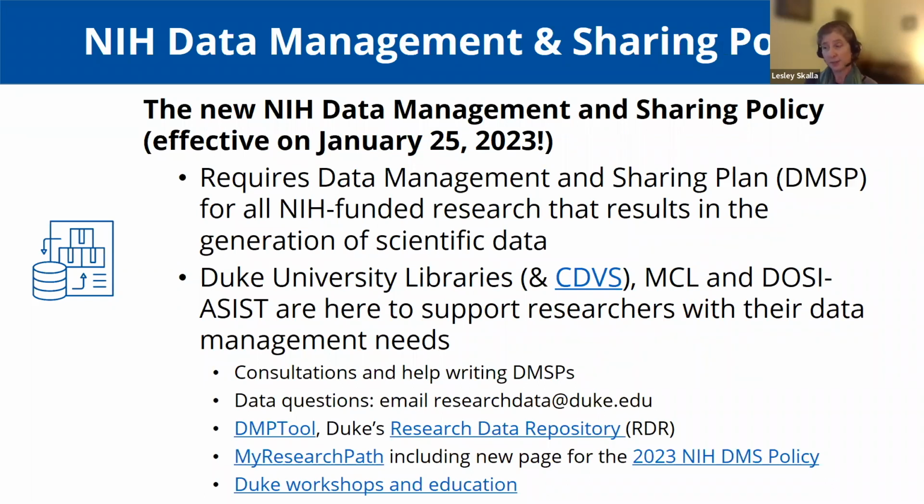researchers writing their data management and sharing plans. We have a tool called the DMP Tool that is an open access tool that is really helpful if you are writing a plan, because it has templates from the various funders that basically has the correct template that you will need. It also has example answers, specific for whether you do clinical research or basic research, lots of example answers to help you develop this plan. You can also get feedback from a data management consultant on your plan, and you can submit that to the data management consultants through the